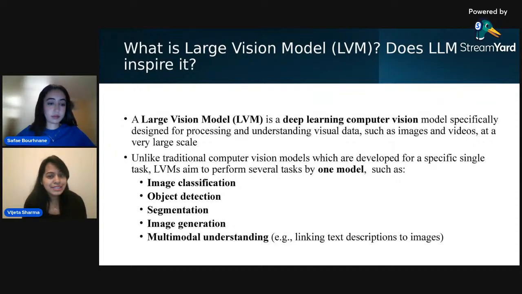Here, the large vision model is a deep learning computer vision model. Especially, these are designed for understanding large visual data. Visual data are images and videos, where videos are spatial temporal data. They have a temporal dependency of the images in the time frame at a very large scale. And yes, the main objective of the large vision model is to make it more general. It means, unlike the traditional computer vision model, which relies heavily on one model performing one task. For example, one model which is trained only for the image classification task will perform only image